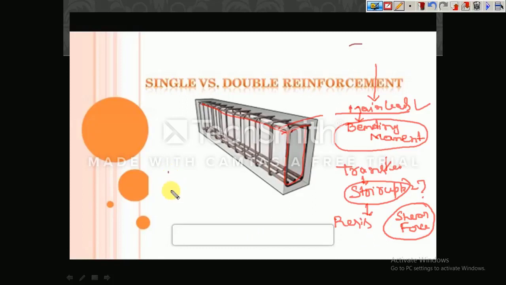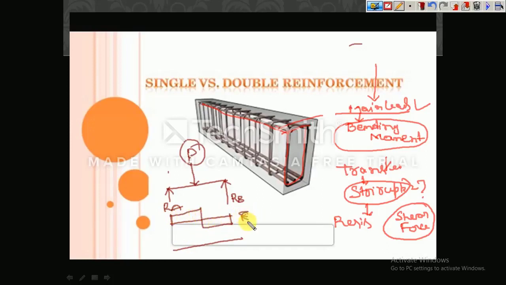So I'll just take a simply supported beam like this. There are two supports and one load is acting over here. For this I need to draw the shear force and bending moment. How does the shear force diagram come? It comes like this. This is called the shear force diagram. I think you had learnt this in strength of materials. The bending moment will come like this. At the ends the bending moment will be 0.